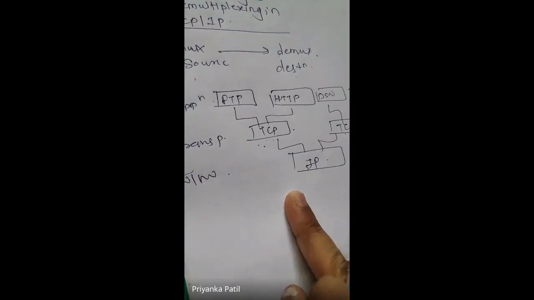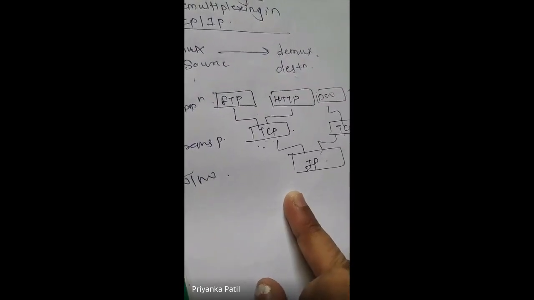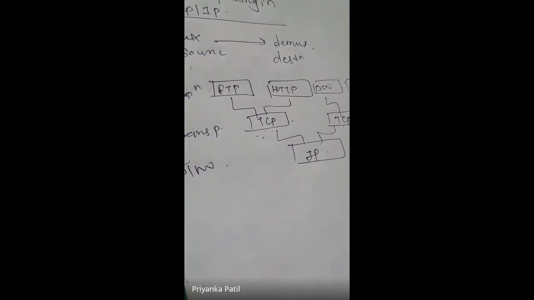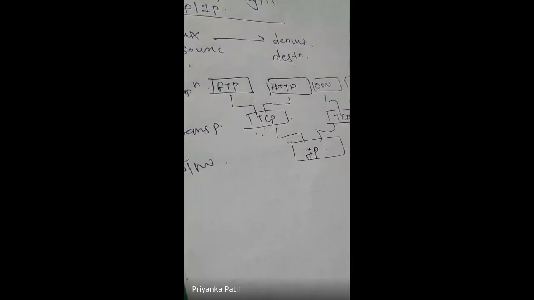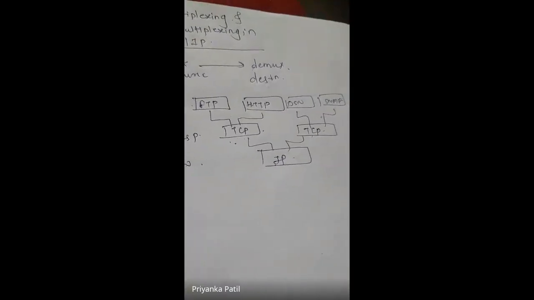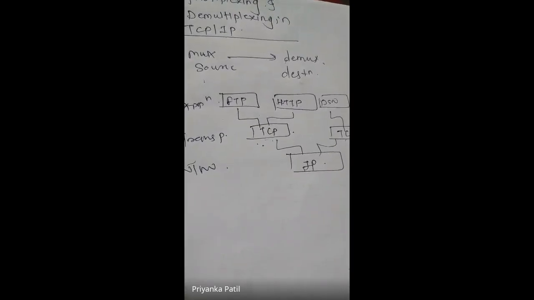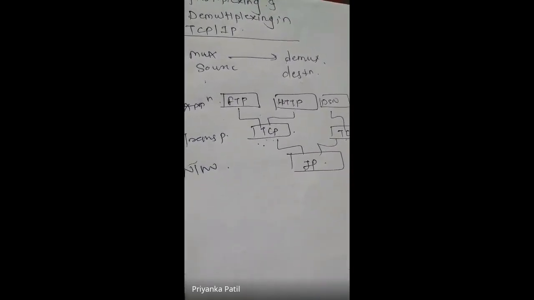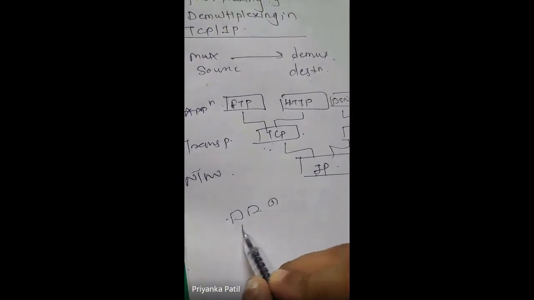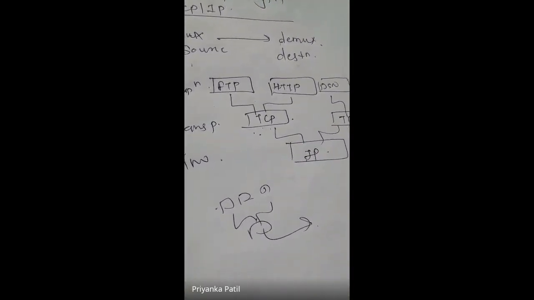So a protocol at one layer of TCP/IP can encapsulate a packet one at a time. So we consider one packet at a time for the several protocols corresponding to the next layer, which is the higher layer in the TCP/IP protocol suite. So basically, multiplexing is a technique used to combine and send multiple data streams over a single medium. Means we combine n number of data streams into a single one and transmit it over the network. This is the concept of multiplexing.